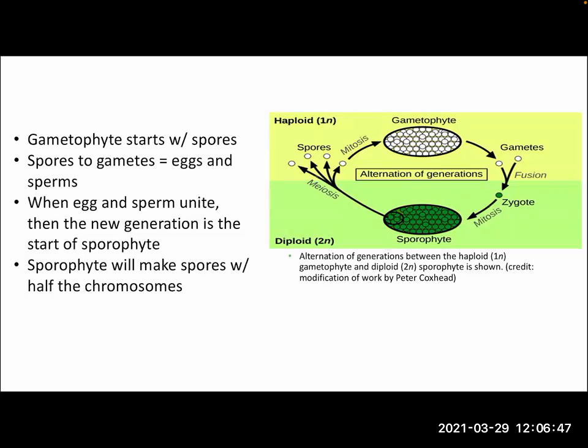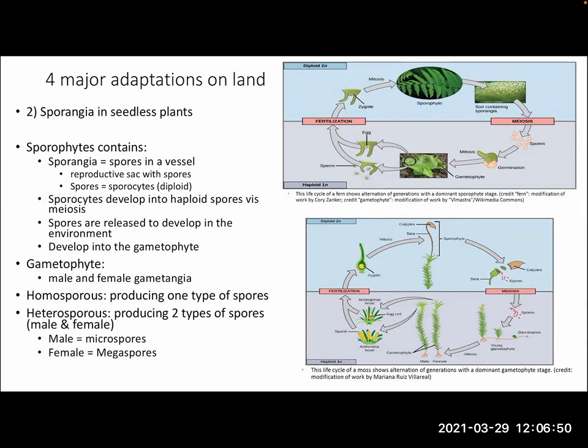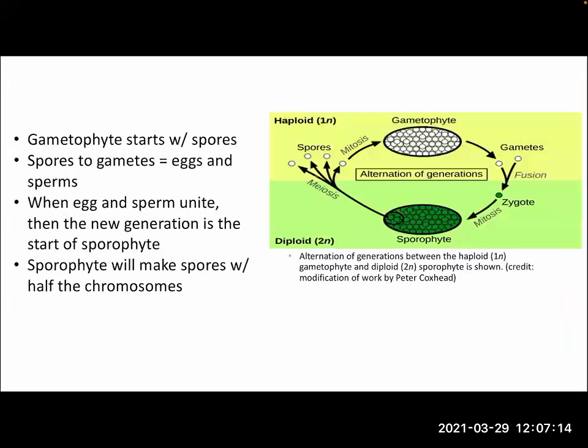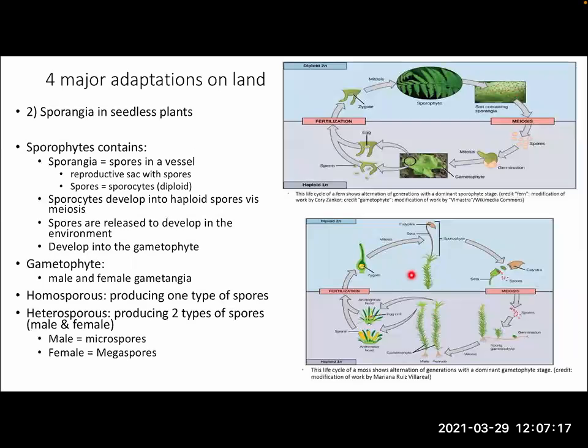So here we have two more examples of life history stages where we have a haplontic, or gametophyte dominant, stage, which is a moss. And then we have a diplontic, or sporophyte dominant, fern. And now the reason we say they're dominant is because the moss is the structure that's actually growing, and the moss structure that's growing here is haploid.